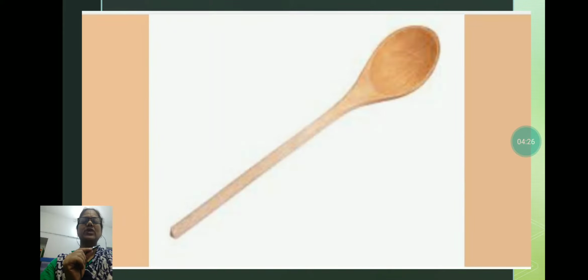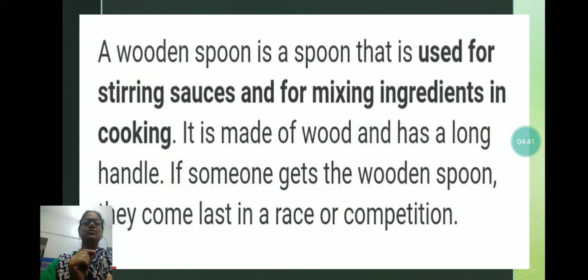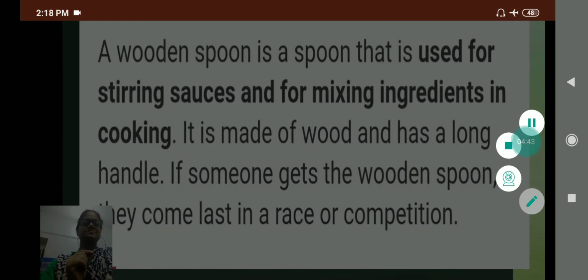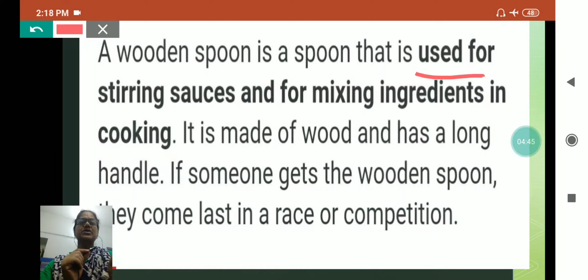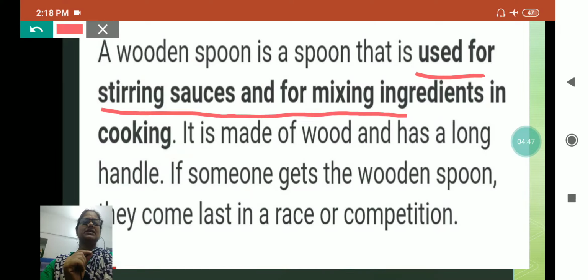Now see, this is a wooden spatula, and you know that this spatula is used to serve things also, and usually this type of spatula is used with non-stick utensils. If we use a metal spatula, see here. It is used for serving sauces and for mixing ingredients in cooking. It is made of wood and has a long handle.